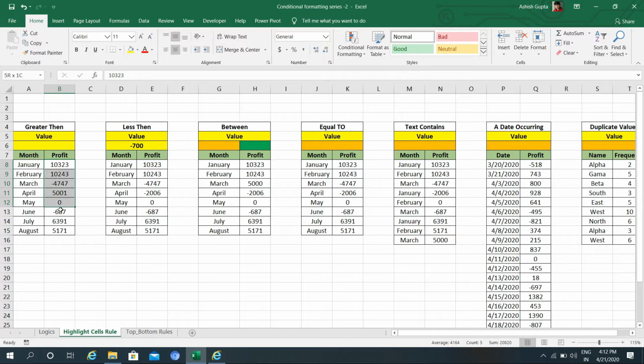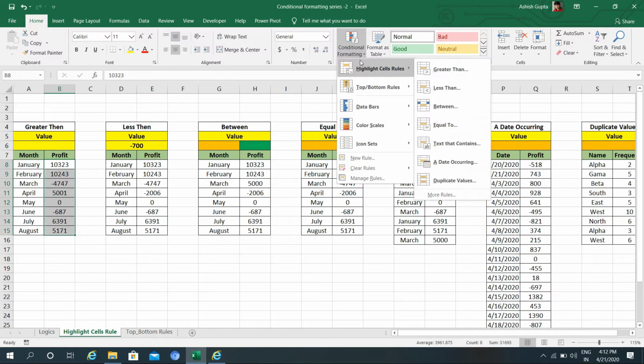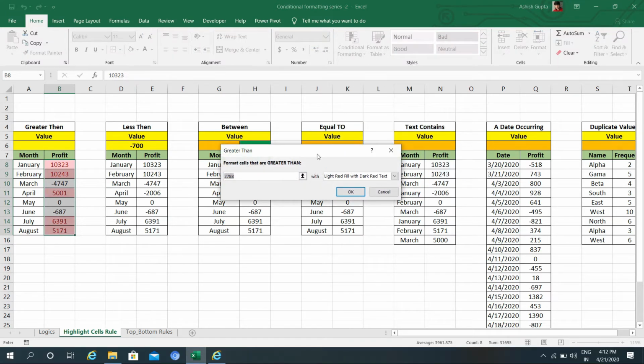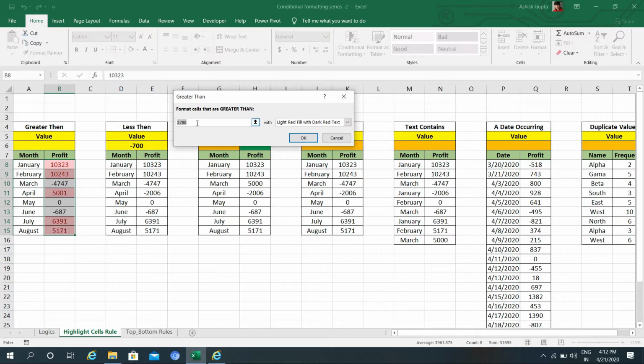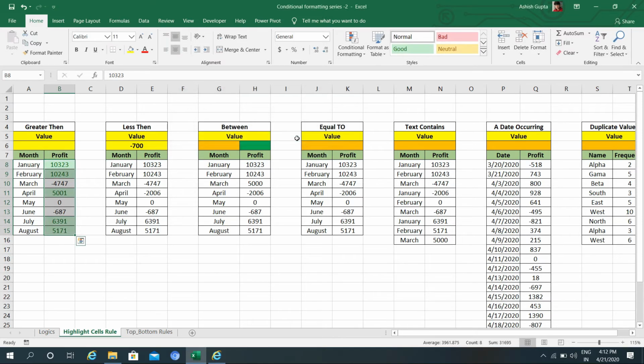Now let's move on to the alternate example. I will select this area, go to conditional formatting, highlight cells rules and greater than. A menu will appear and will ask you for the number. Rather than putting any number over here, I will select a cell reference. It means that if I enter any value here, it will connect to this cell. I will choose green fill and press OK. It is showing green already because the blank cell's value is equal to 0, so the value is greater than 0, and it automatically highlights in green color.